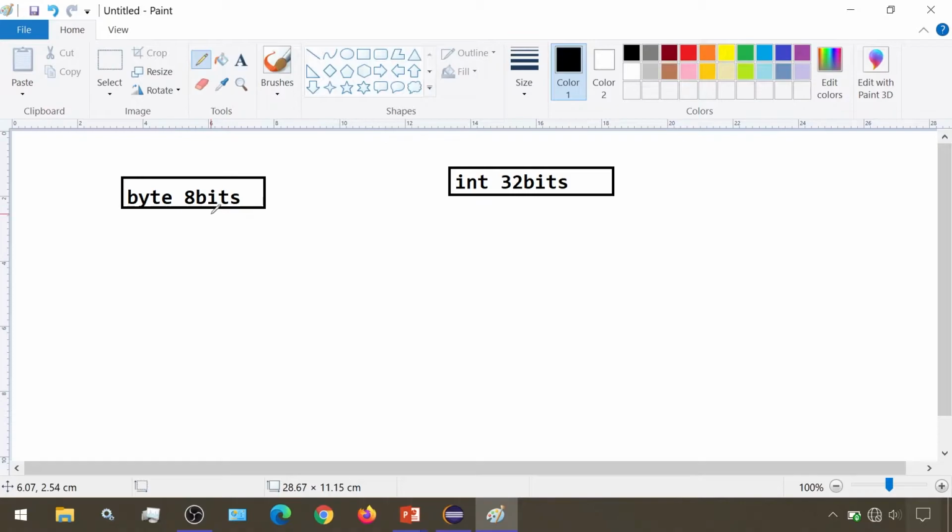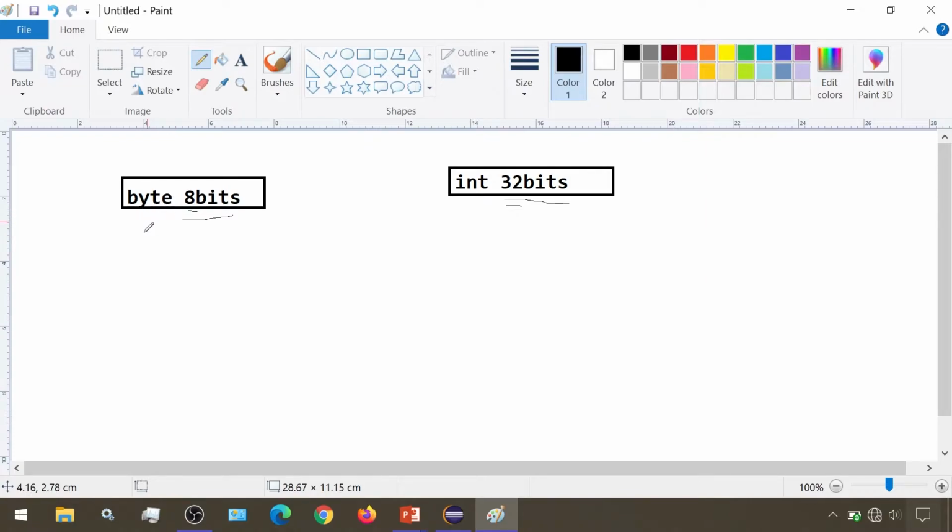So what exactly does it mean when I say 8 bits and 32 bits? The memory to store the binary sequence in the byte data type is 8 bits and that in the int data type is 32 bits.